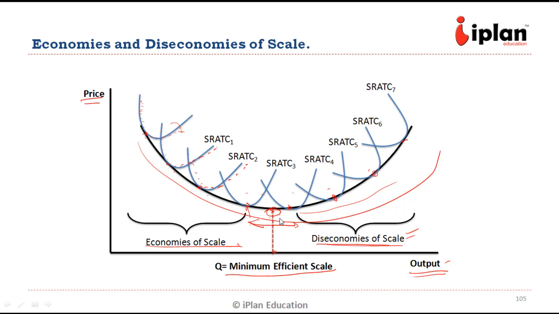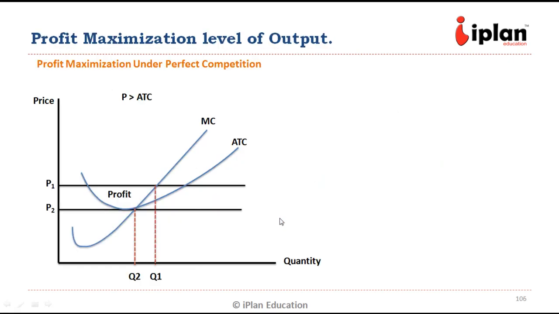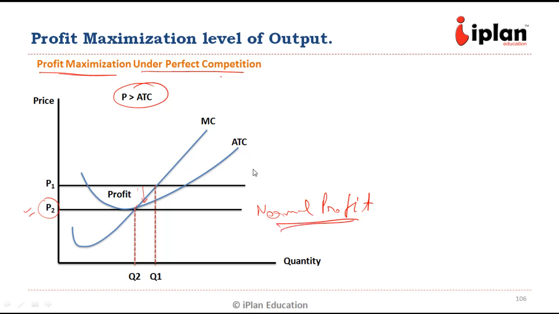Now let us look at the profit. How do we earn it? Under perfect competition, how do we maximize profit? The price is going to be above average total cost in the short run, and later it will come down to this level itself. Price will come down to P2 itself, where the companies will not be able to earn any economic profit. They will earn only normal profit, where they are recovering the average total cost. This was the case under perfect competition.